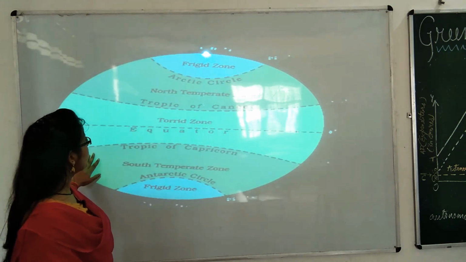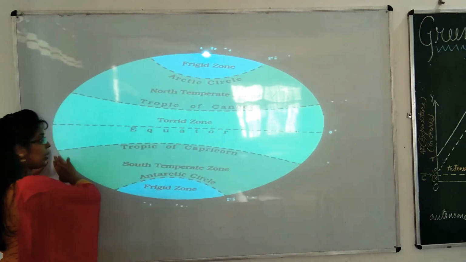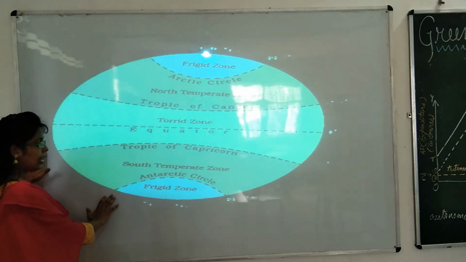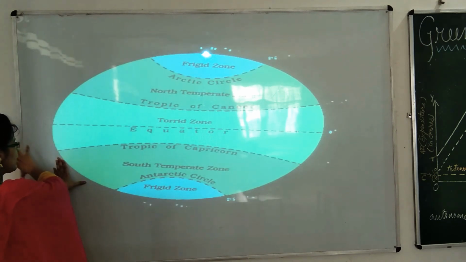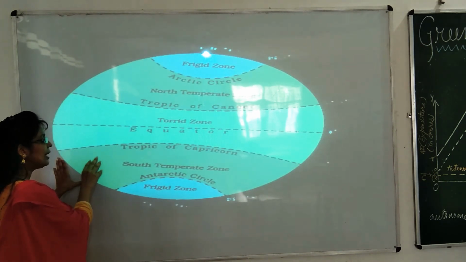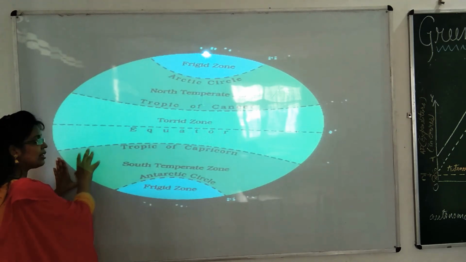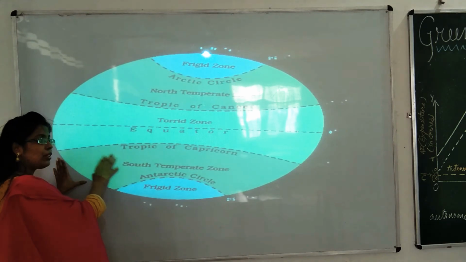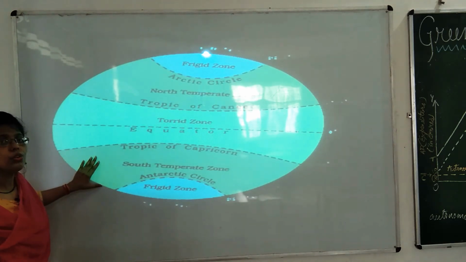Tropic of Capricorn, you can see here from 23 degree half south to 66 degree half, 66 degree 34, up to the Antarctic Circle. Here you will find sun rays are not reaching too much. Though they are reaching, they are slanting. So what happens here is that it is not that much heat. Here it's temperate, neither too hot nor too cold.